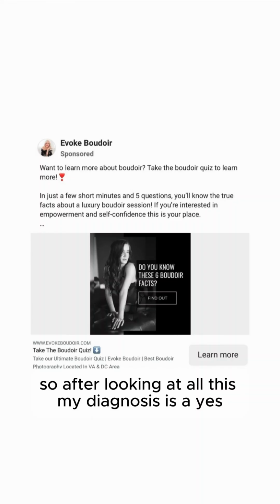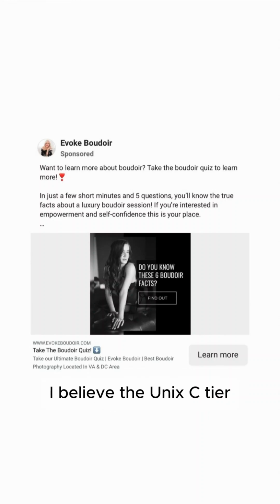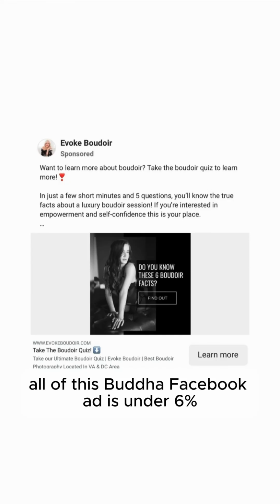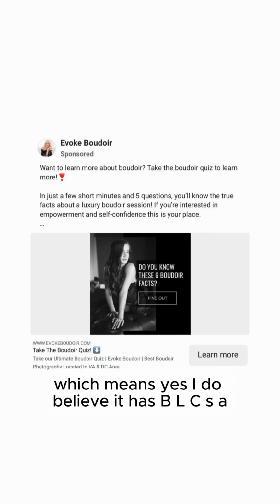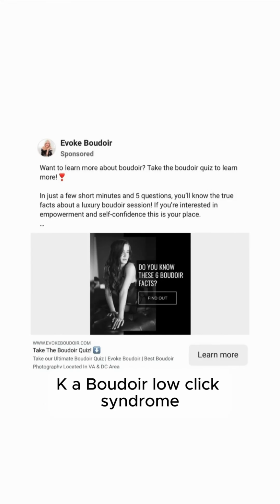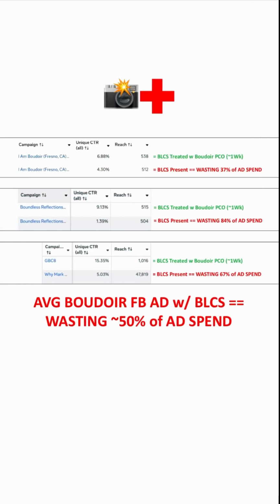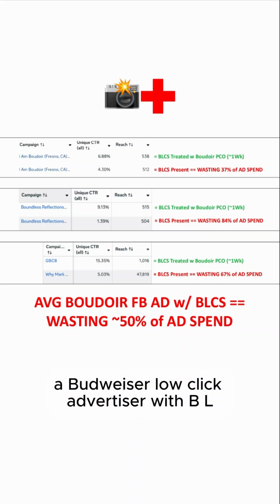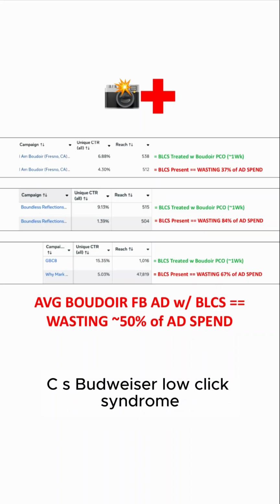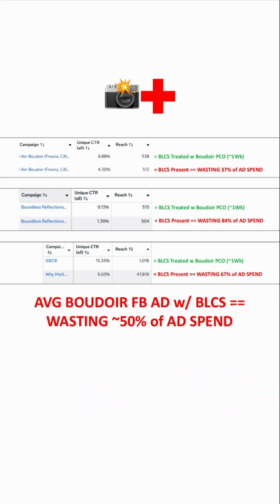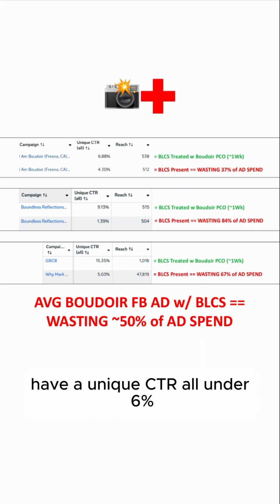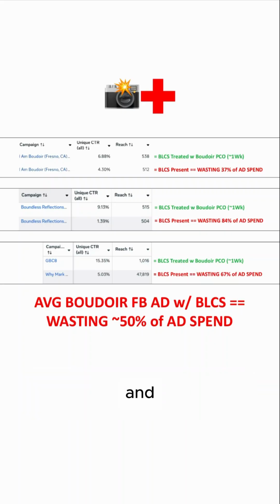So after looking at all this, my diagnosis is yes, I believe the unique CTR of this Boudoir Facebook ad is under 6%, which means yes, I do believe it has BLCS, aka Boudoir Low Click Syndrome. So if you're a BLCA, a Boudoir Low Click Advertiser, with BLCS, your Boudoir Facebook ads have a unique CTR under 6%,